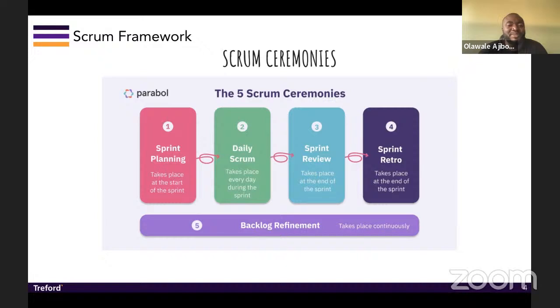This one speaks to inspection. So you don't have to wait till the end before you are able to detect problems. The next one is sprint review. And that speaks to coming to